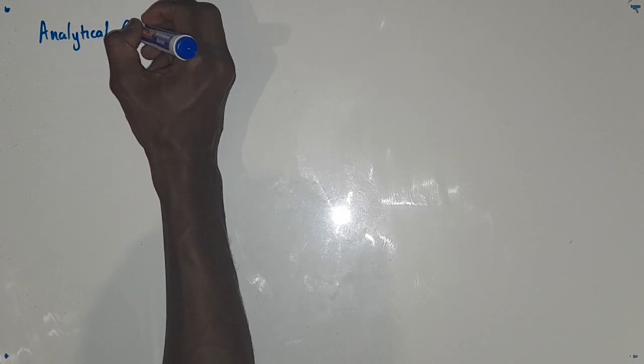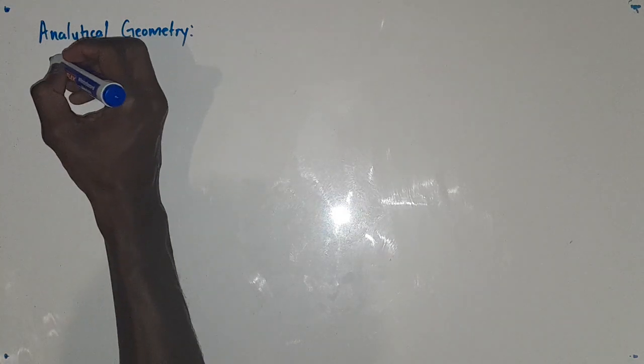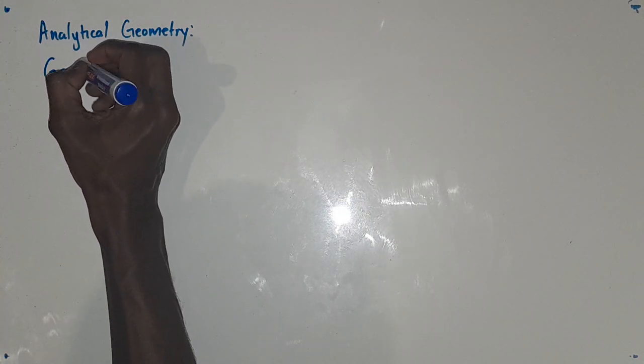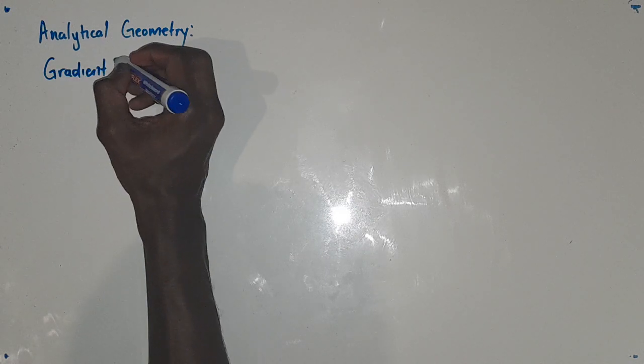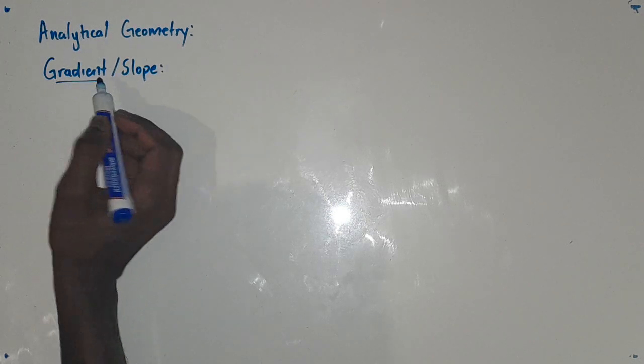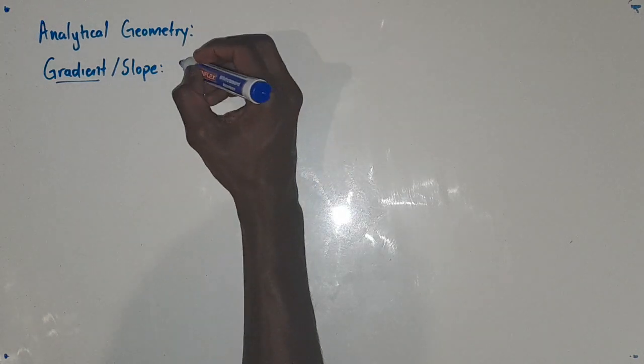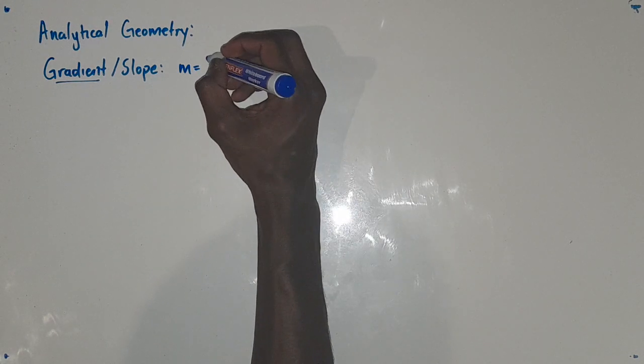Today I just want us to consider this topic of analytical geometry. The first concept that we are going to consider is gradient. Gradient or slope. Normally we say gradient. Then now you just need to know that the formula of gradient is given by m